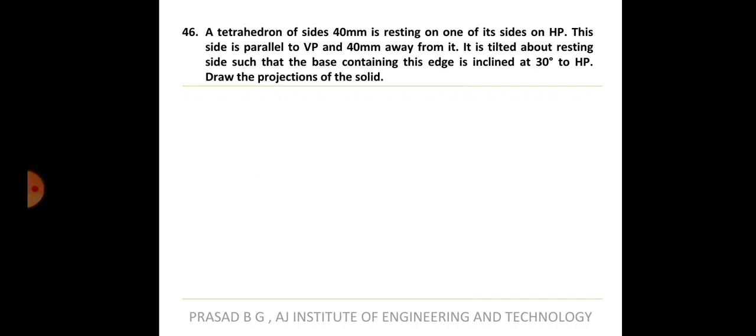Okay. So before starting with the question, you are supposed to know what a tetrahedron is, isn't it? We have studied what a hexahedron is, and I've told you hexahedron means it is a cube. So what is a tetrahedron? Hexa means 6 sides. So tetra means how much? 4. Okay. So this is an object which has 4 equal faces. That object is called a tetrahedron.